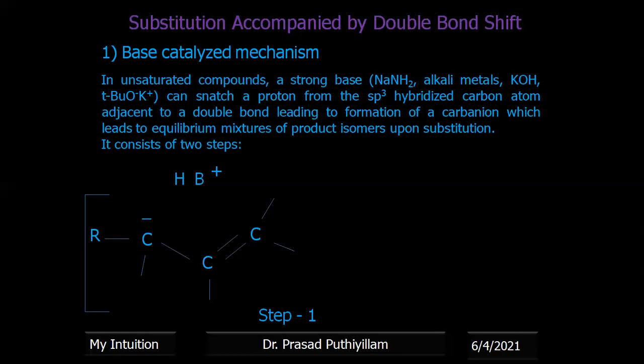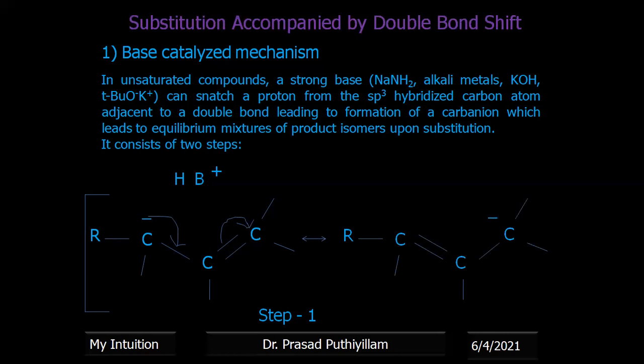Now, this is a transition state. A carbanion is formed, as we saw in the previous case. Now, these electrons can form a double bond with the second carbon atom, and these electrons will go to the third carbon atom. So the electron movement is represented here. The pi electrons shift to the third carbon atom, giving a resonance stabilized, or resonance contributing, structure.